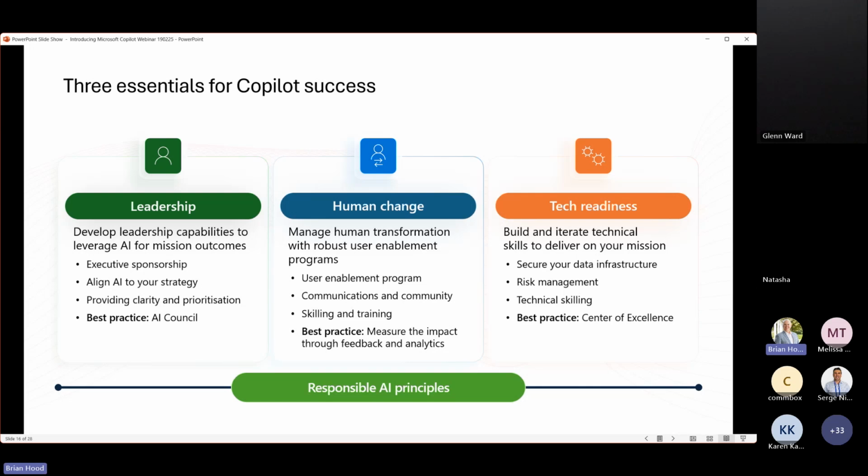And last but not least is having tech readiness. As I mentioned before, it's really important that organizations put in the work prior to launching AI within the workplace. So making documents in your organization private.